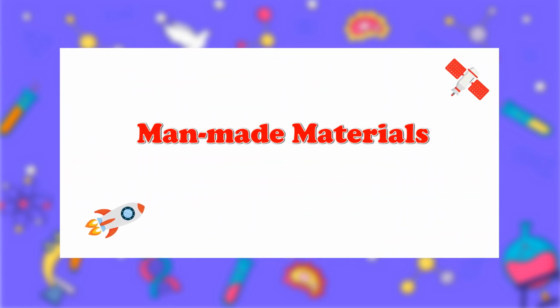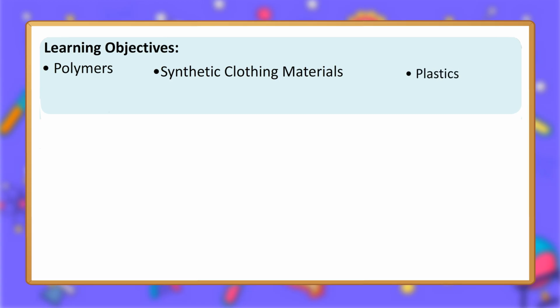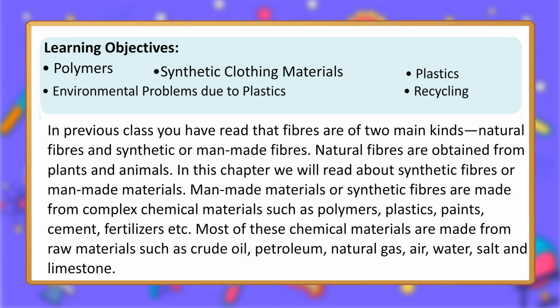Man-made materials. Learning objectives: polymers, synthetic clothing materials, plastics, environmental problems due to plastics, and recycling. In a previous class you have read that fibers are of two main kinds, natural fibers and synthetic or man-made